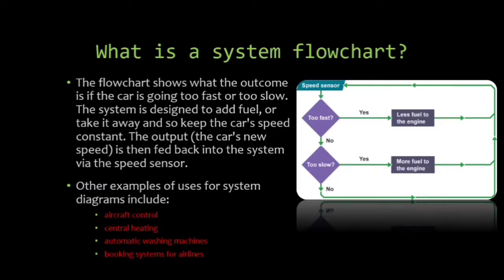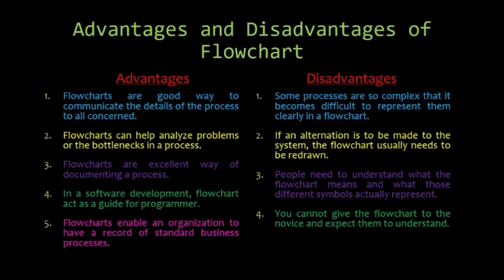Other examples of the use of system diagrams are aircraft control, central heating systems, automatic washing machines, and booking systems for airlines. Advantages and disadvantages of flowcharts. Flowcharts are a good way to communicate the details of a process to all concerned, whereas some